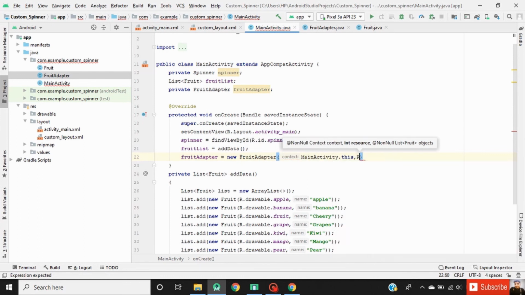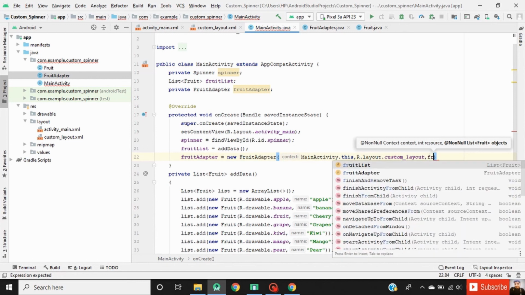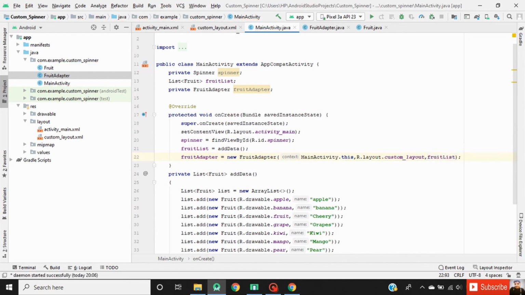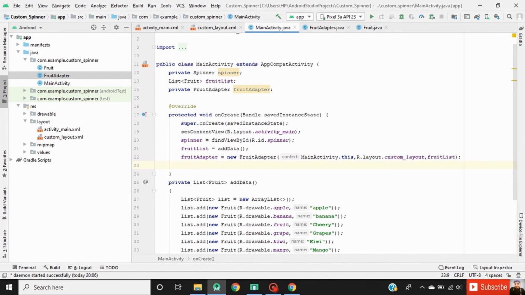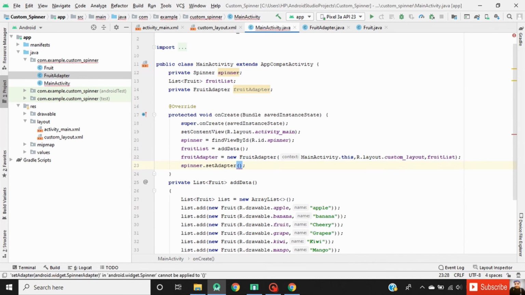Second one is the resource ID. And then last one is our fruit list. Now set the adapter data into the spinner using setAdapter, spinner.setAdapter, and then pass our array adapter.